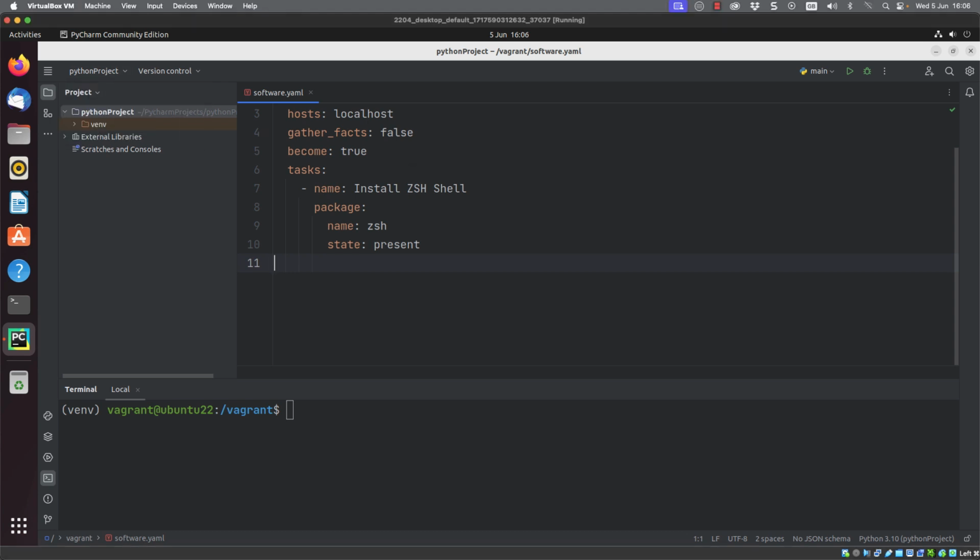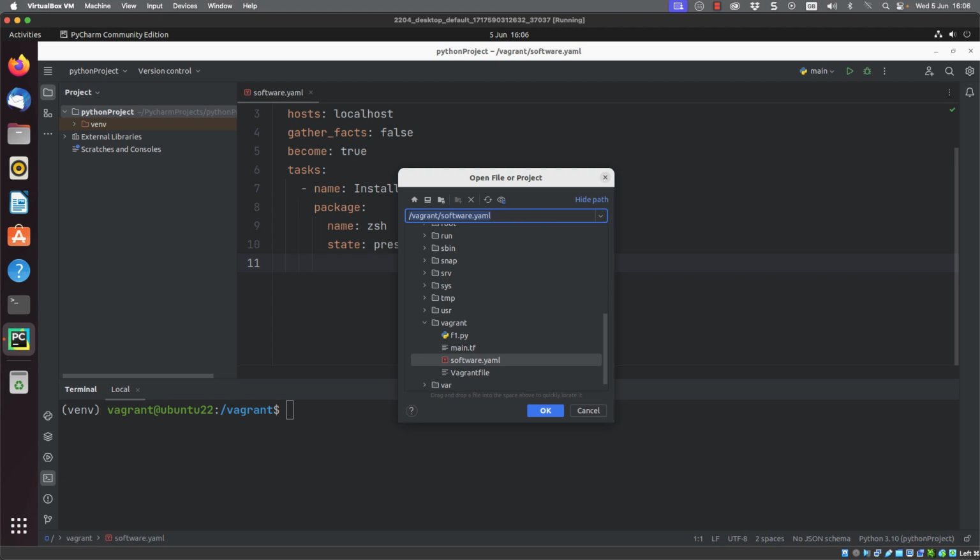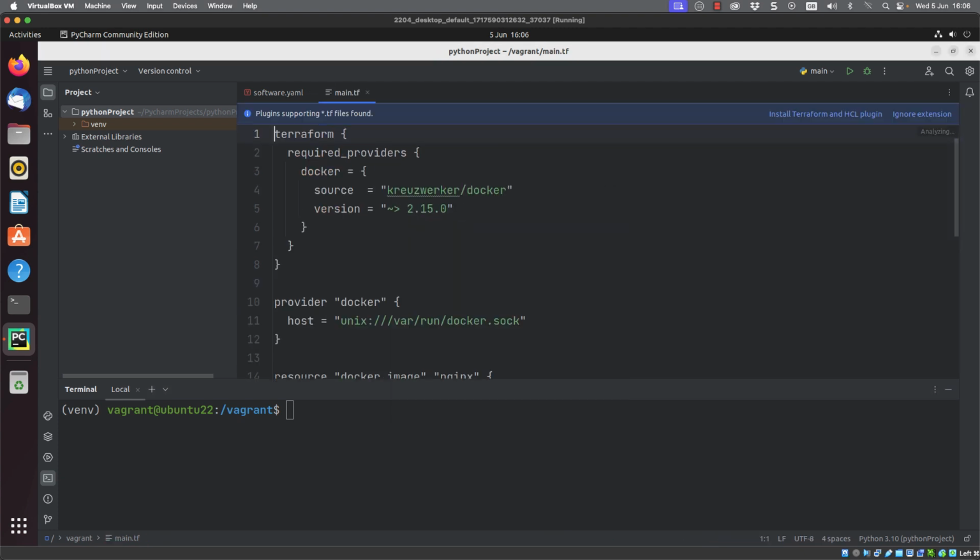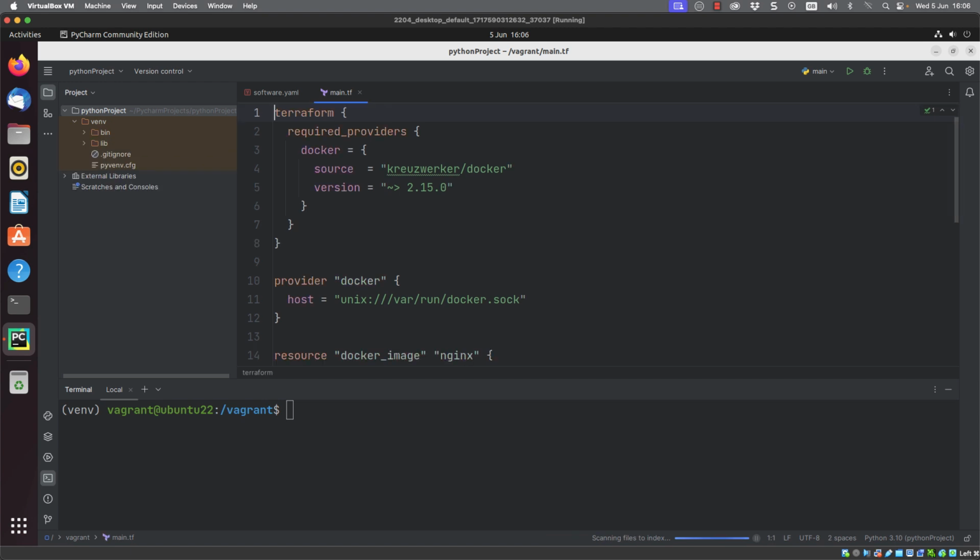First up, we can take a look at the configuration file, or the .tf or Terraform file. If I open up my main.tf, we can see that PyCharm is being quite decent here. It's saying it does have a plugin and I can install that plugin. It's not really going to change anything, but it will give a better visual appearance to our file. Our first block is the Terraform block, and that's really setting up drivers to be used to access, in this case, Docker. So we can see our required provider and where we get the driver from.